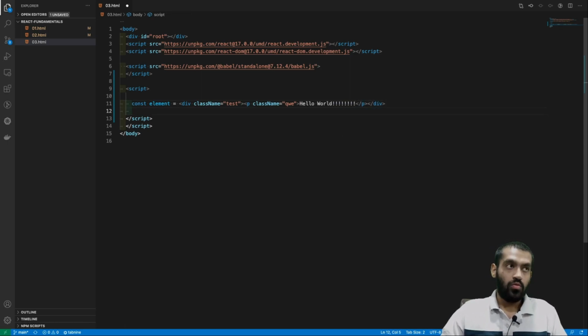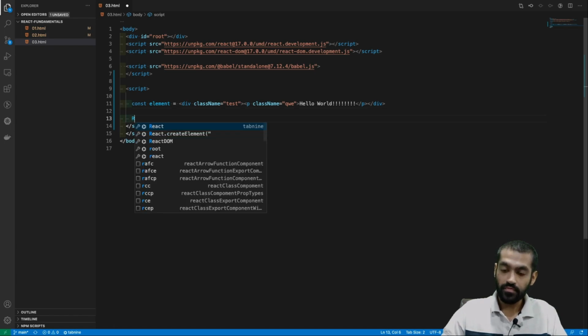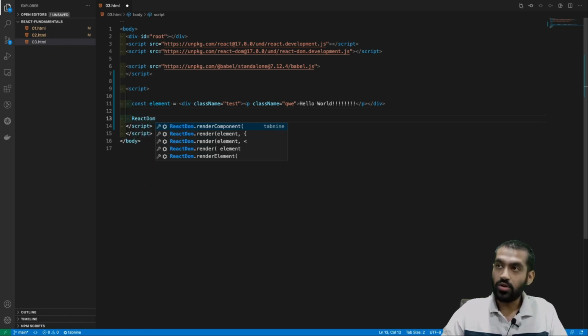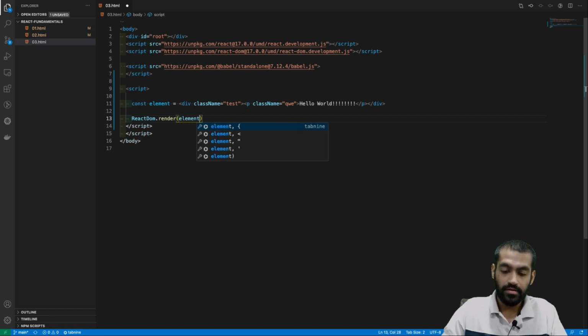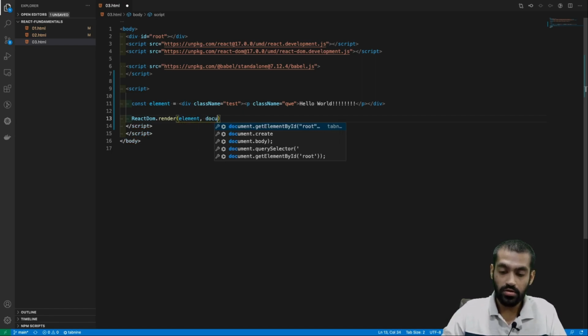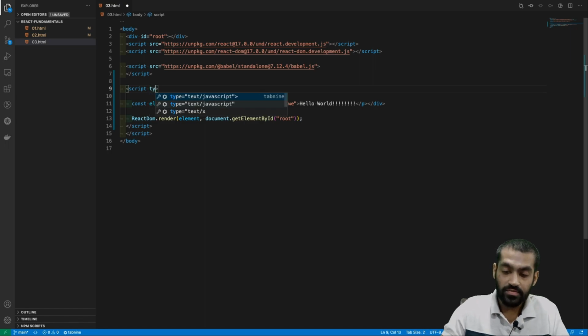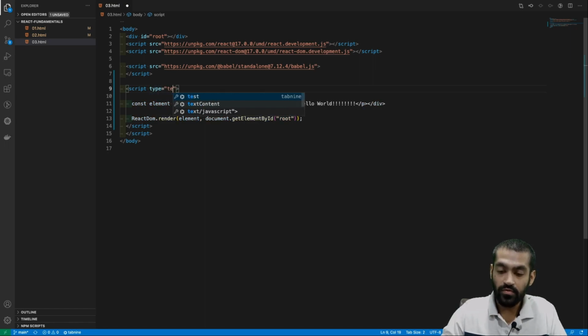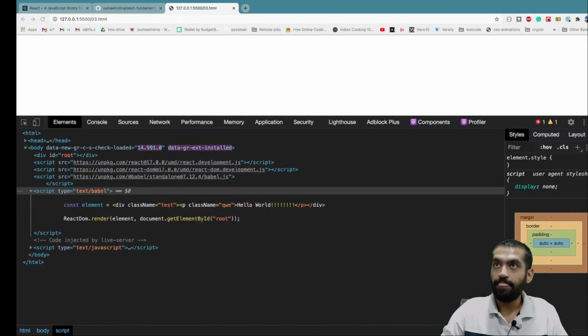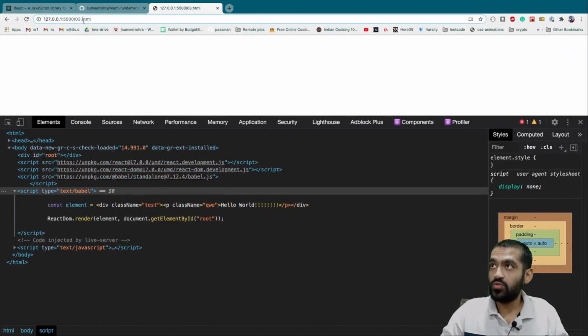Now what we do is ReactDOM.render, same thing again, right. Element, document.getElementById root, but inside the script tag let's just add a type of text/babel. Let's go to 03 and reload.